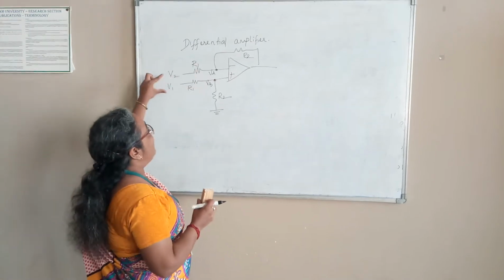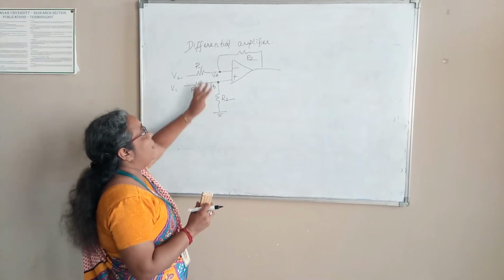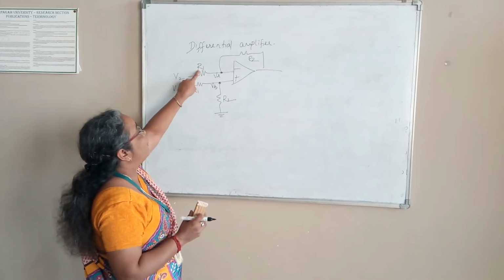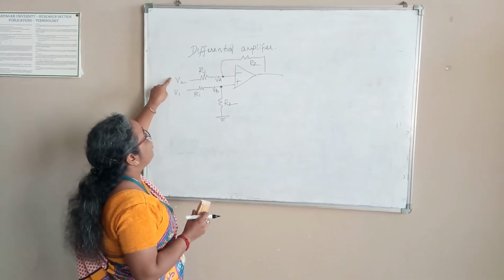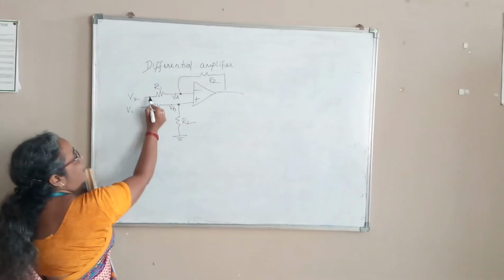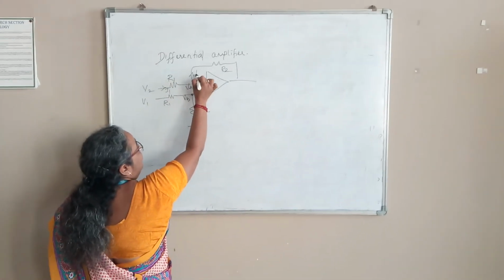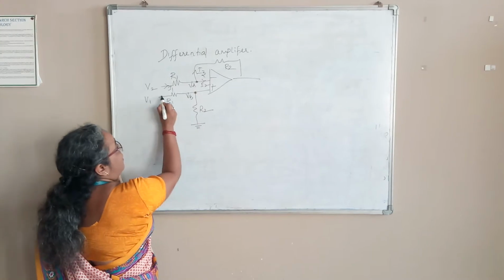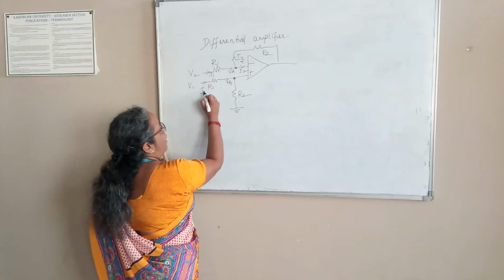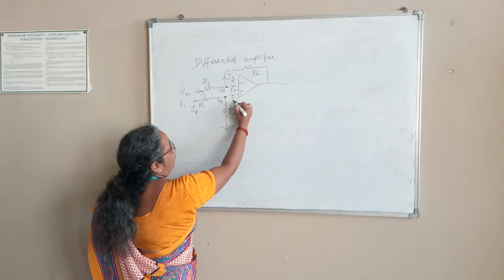When I say differential amplifier, it should take the difference and then multiply that by the corresponding gain. For this particular circuit, my gain is R2 by R1. So I should get my output as (V1 minus V2) into R2 by R1. We'll see how to derive that expression. I'll mark the currents. This is I1, the current through the op-amp is I2, the current through my feedback resistor is I3. Similarly, the current through the non-inverting terminal R1 is I4, the current here is I5, and the current entering the op-amp is I6.